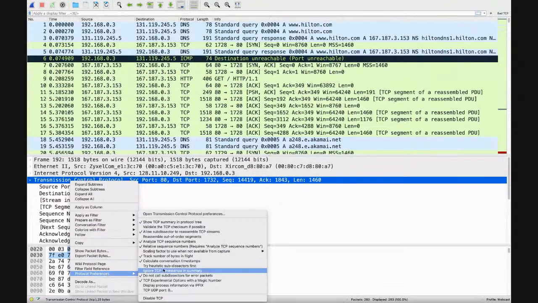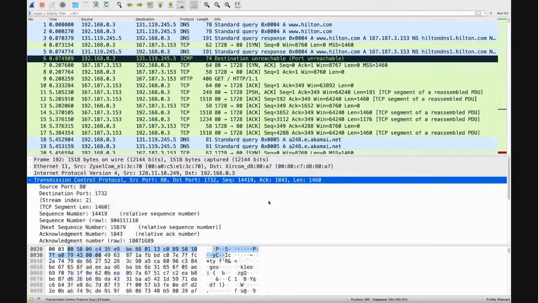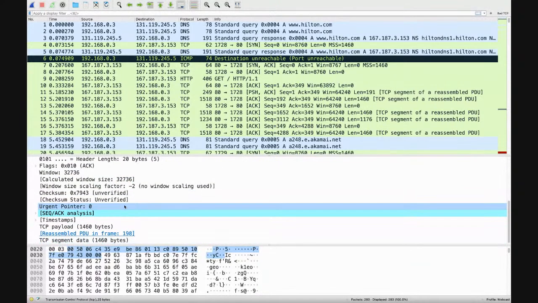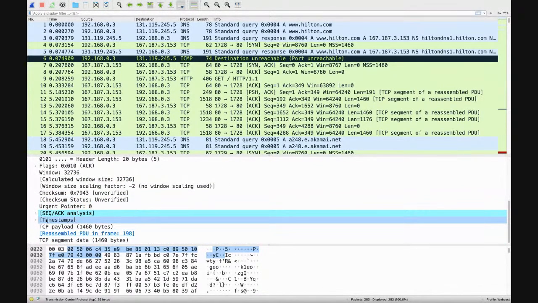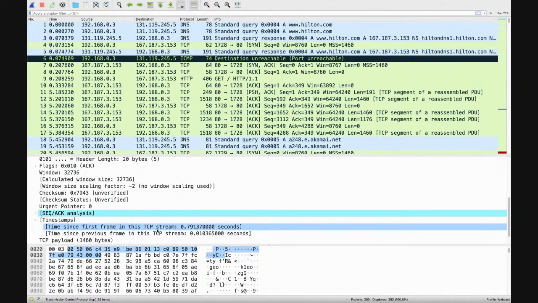And what I want to make sure that I'm looking at is that I am calculating conversation timestamps. Now, when I calculate conversation timestamps, what that's doing is it's looking at the time between each packet within a TCP stream.